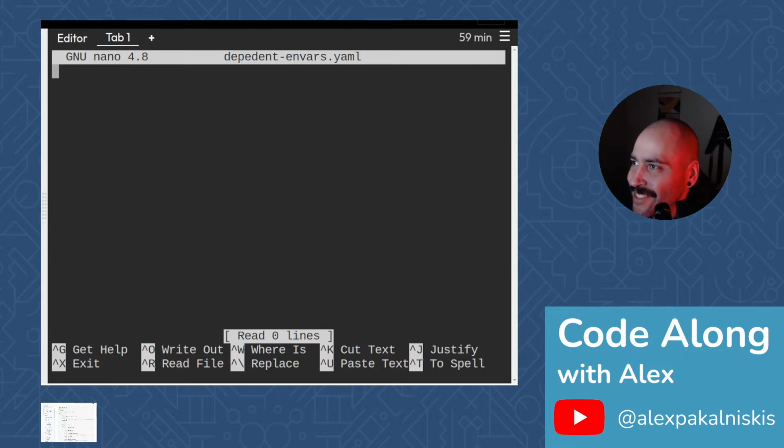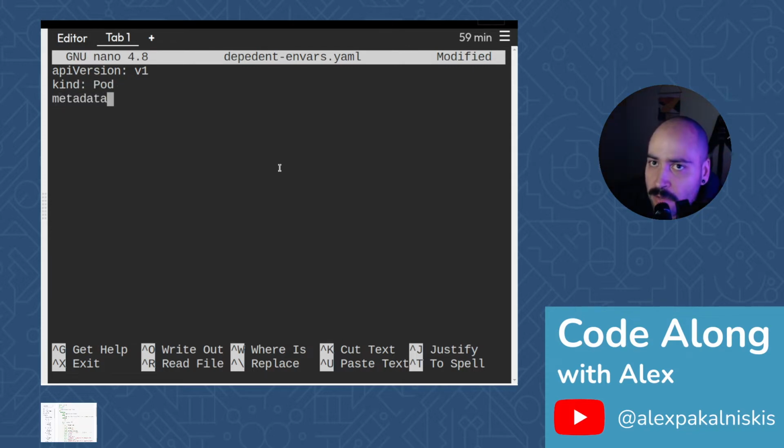Okay, so this one's a little longer YAML than we've been doing recently, but we'll start out with an API version field, a kind field, a metadata field with a nested name field, and we'll call our pod dependent envars demo. Now a spec field with a containers subfield that itself has some subfields. Start with name, dependent envars demo,